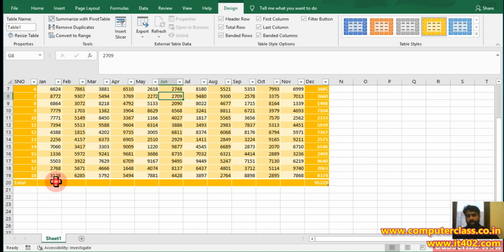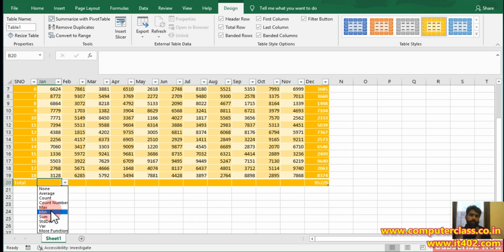formulas. If you click on any of the cells, you will find this particular symbol. This symbol indicates that there are some formulas here. If you click on this symbol, you can find any of the formulas. You don't need to put equal to, you don't need to select any range, you don't need any shortcut key to put any formula. The formula list is there, you can select any formula and drag it.